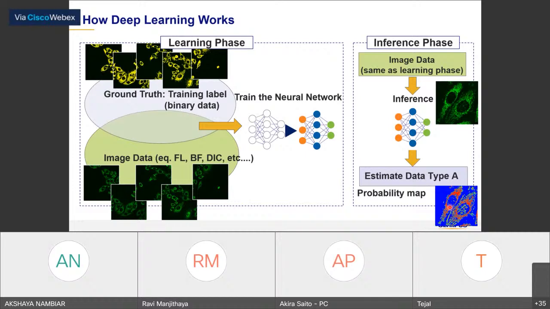This one is the probability map. Red means a high probability, and of course blue is the low one. So after the inference, it is almost a similar way to the intensity thresholding which we usually do, so we need to have some kind of threshold to segment the object by using the probability map.